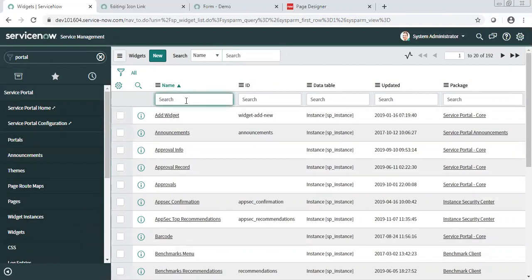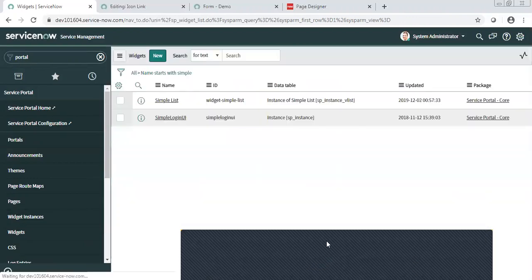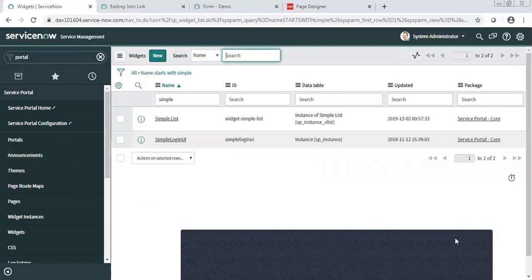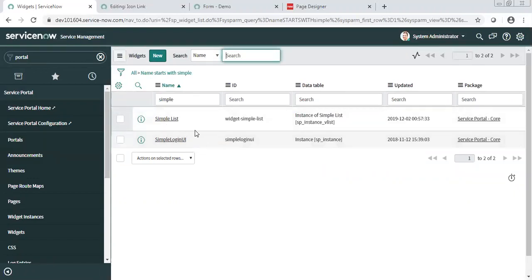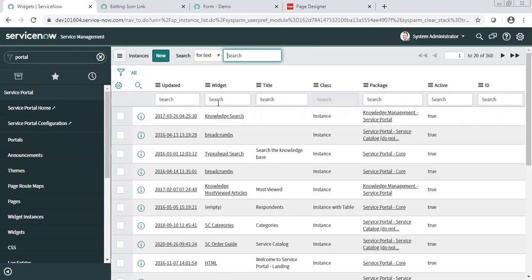So if I type here simple, how many records are you seeing? One, right? For simple list, we are seeing just one record. Now if I go to widget instances, there must be many.